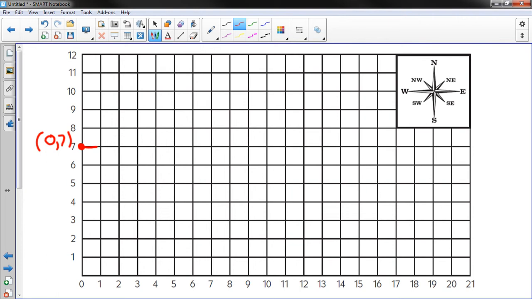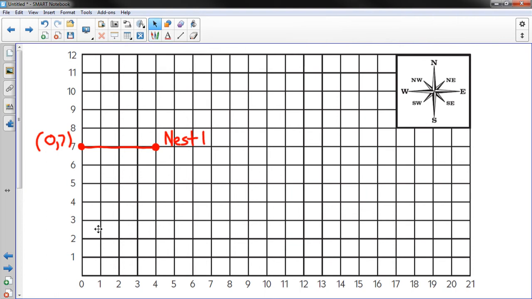So 1, 2, 3, 4. I'm going to put a little point there, and that is nest 1, the mole's nest. So I'm just going to write nest 1 there,